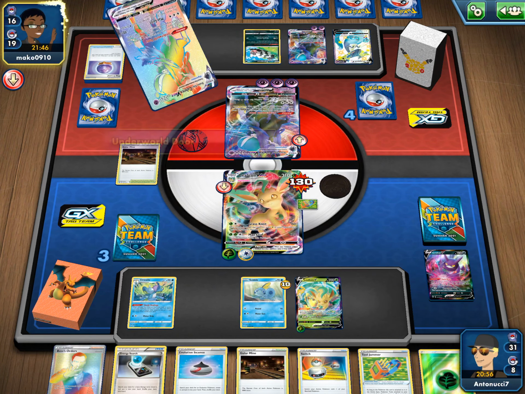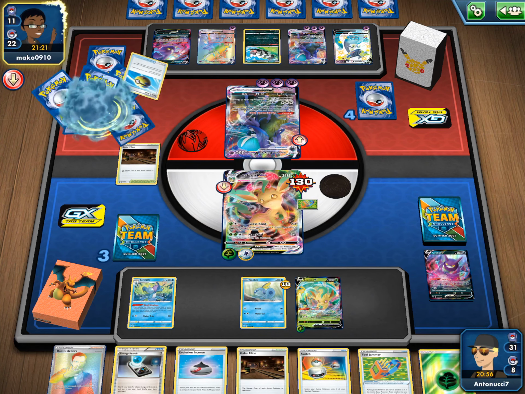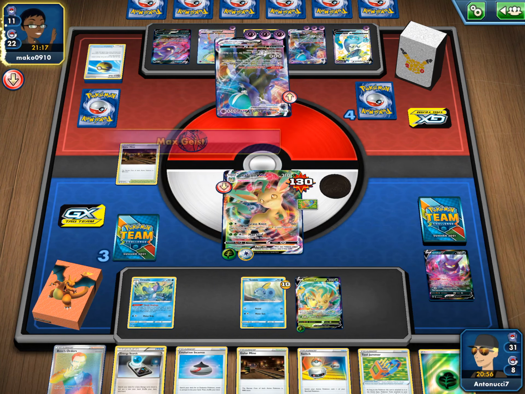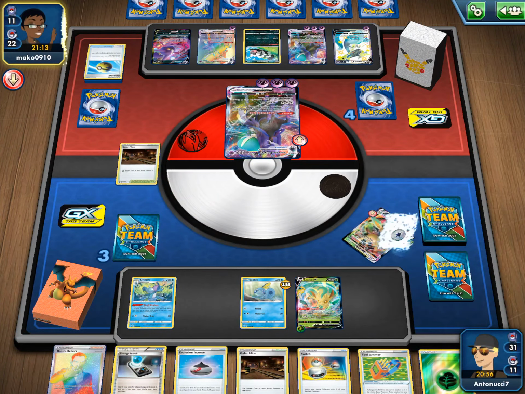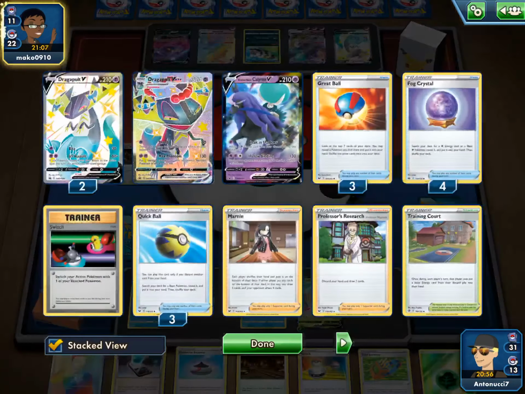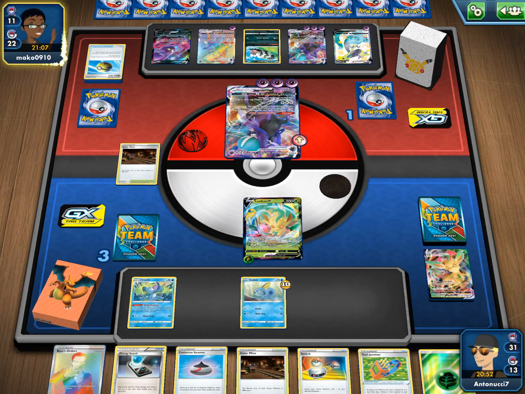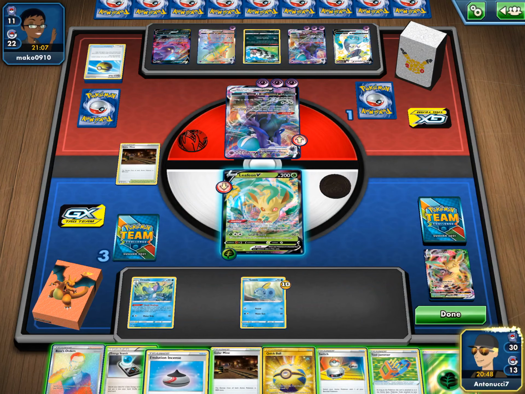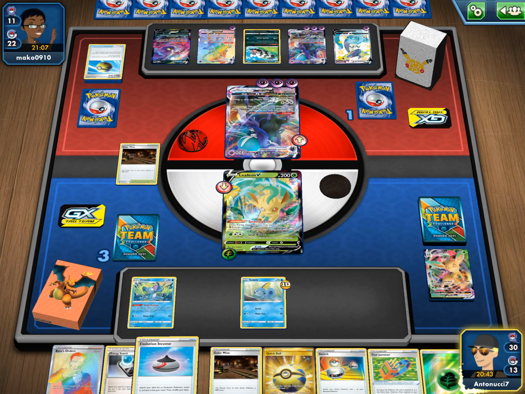Okay, so could still go with a boss play and trap something if they choose not to ramp on that Shadow Rider, which is just what I was thinking. Okay, but they do have so many cards in their hand that they should for sure have something. All right, we're gonna try to do what we can and see what happens. Okay, so